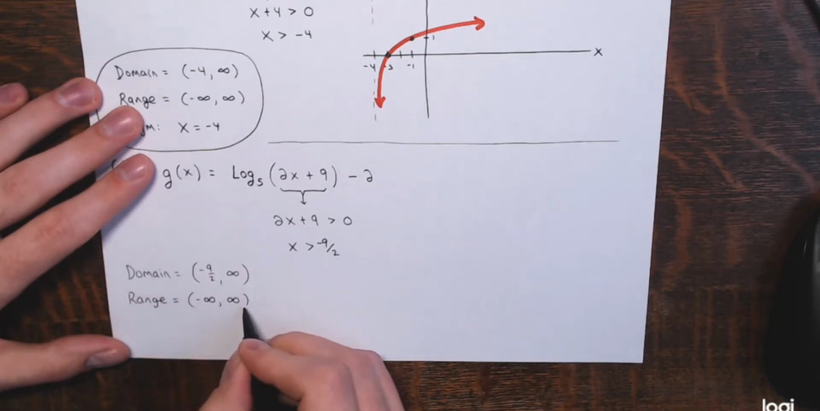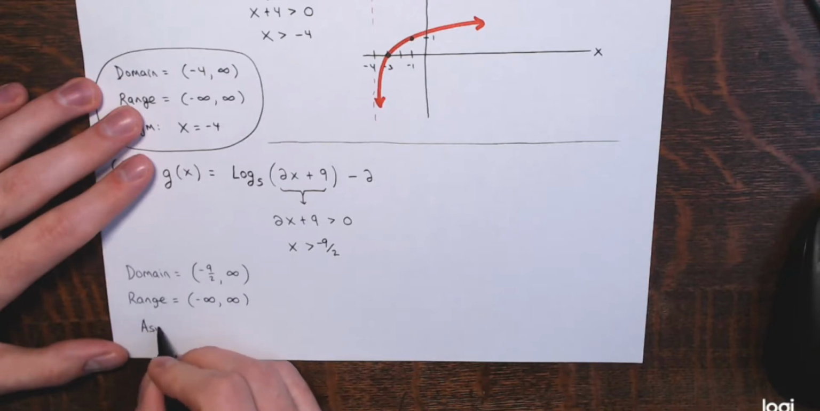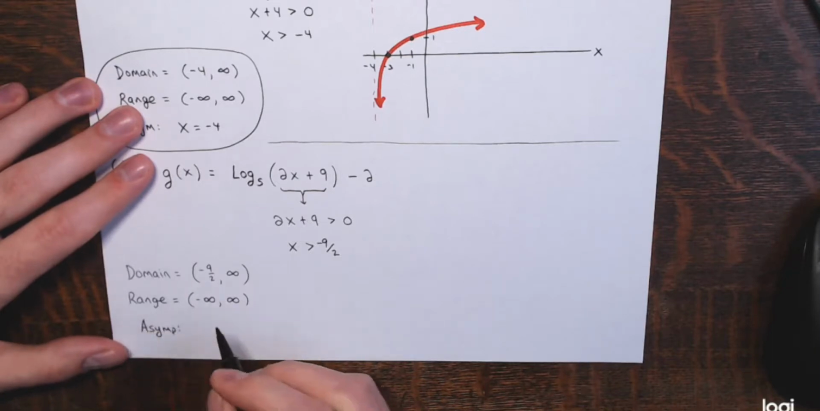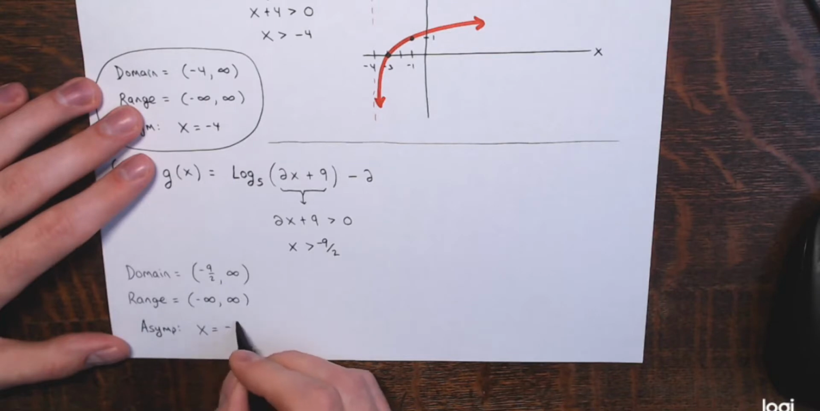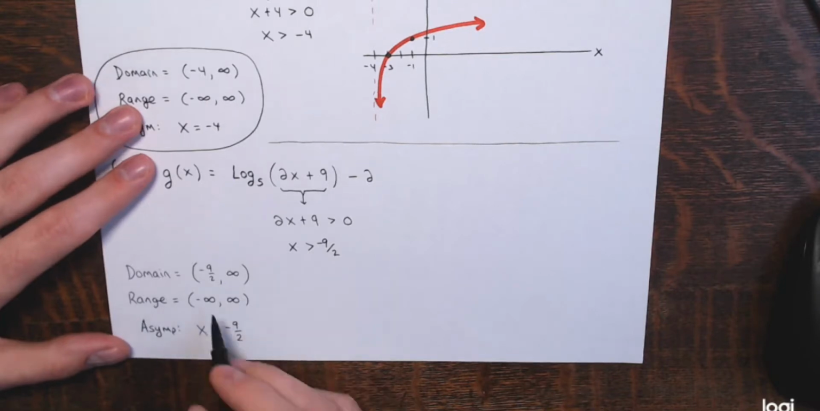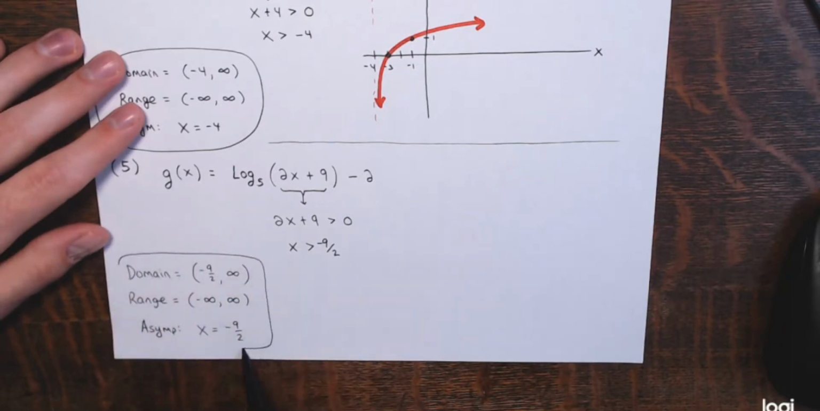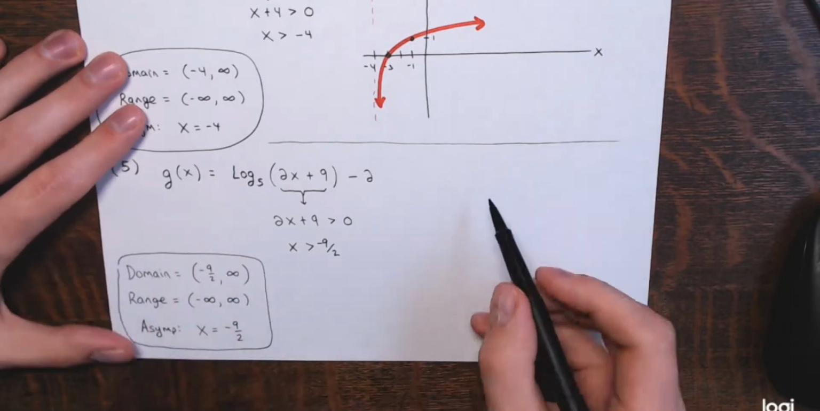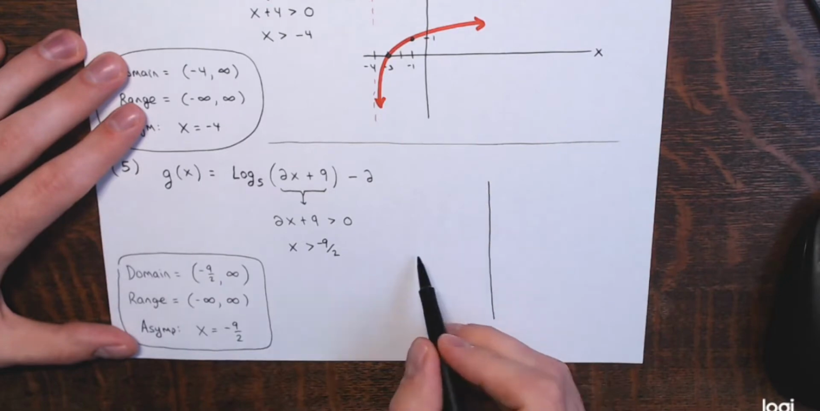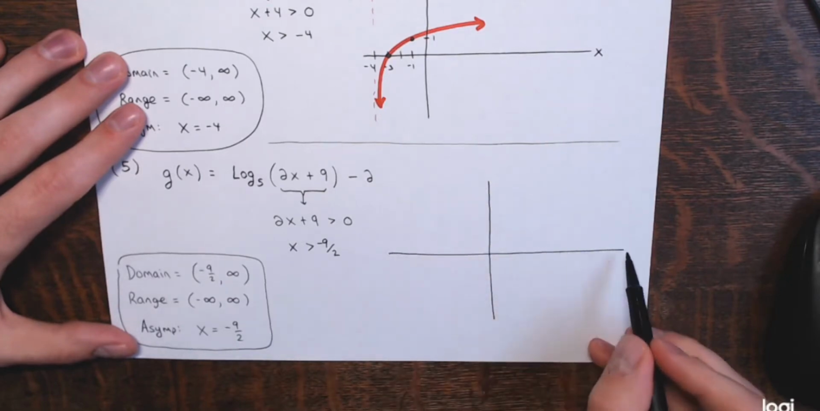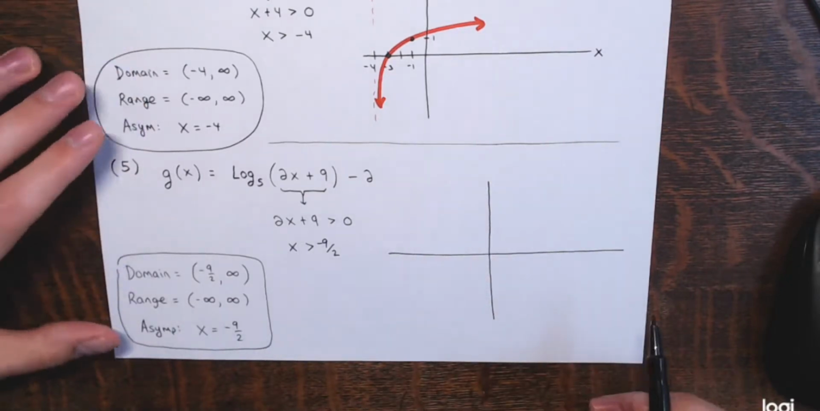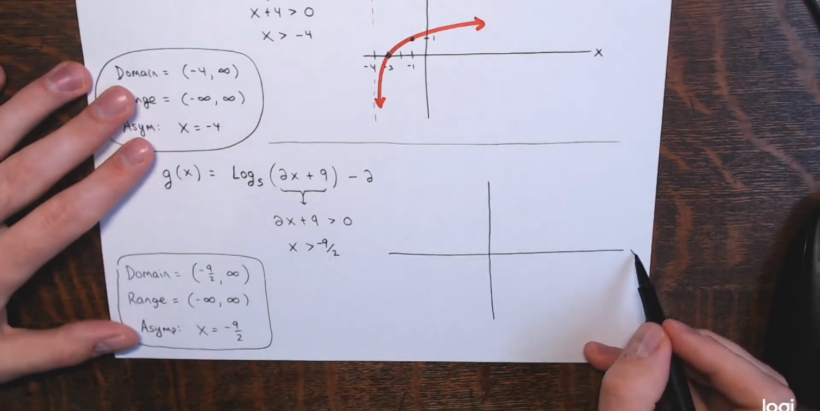And the vertical asymptote is x equals negative 9 halves, right, because you're plugging in all the values greater than negative 9 halves. So there's going to be an asymptote. I know I said the last one would be the last one, but why not just throw in a quick sketch of most of these? Alright, so